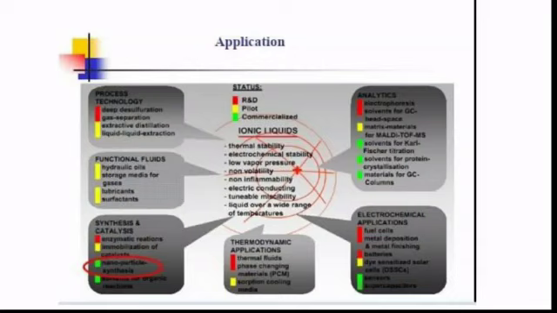Then we check the main applications of ionic liquids. Thermal stability is one of the important properties of ionic liquids. This property is used in technologies like desulfurization, gas separation, extractive distillation, liquid extraction, etc. Next is the non-volatile nature. This property is used in hydraulic oils, lubricants, surfactants, etc. Other applications are in the electrochemical field, like fuel cells, batteries, sensors, supercapacitors, and also thermodynamic applications, for example in sorption cooling media, phase changing materials, thermal fluids, etc.